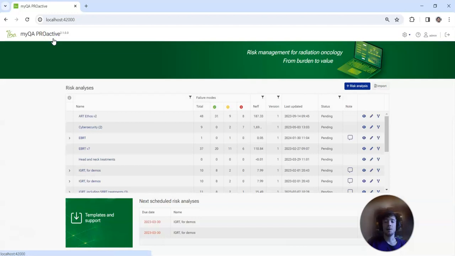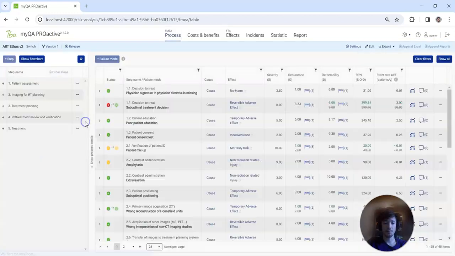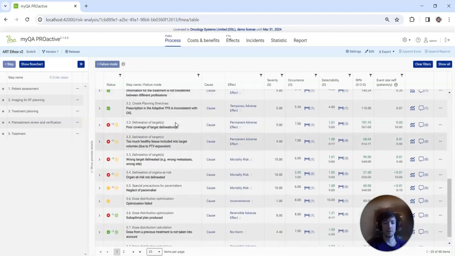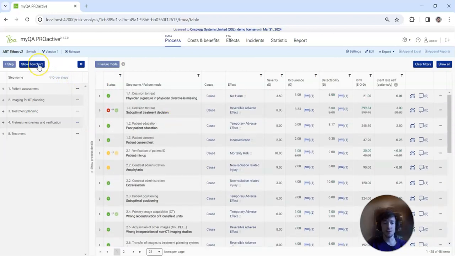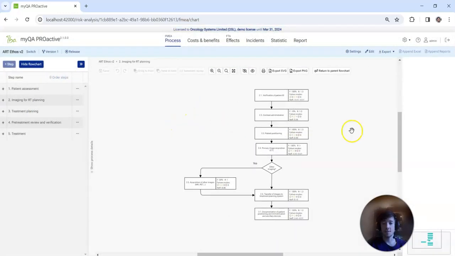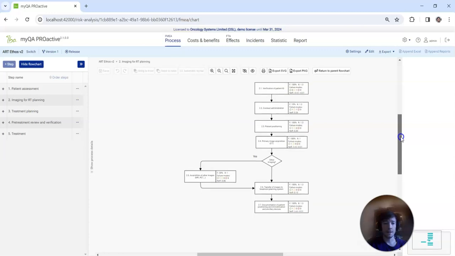So that is how I would start a new risk assessment, but let's jump into one that I've already populated. So I've got this adaptive radiotherapy one, and you can see I've got a nice long list of all of the different failure modes. And if I choose to, I can display this as a flowchart. And I can jump into each sub-step of this process to see the flowcharts of that step. So this is the flowchart of imaging in radiotherapy,